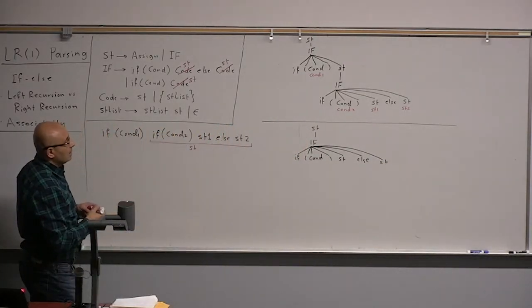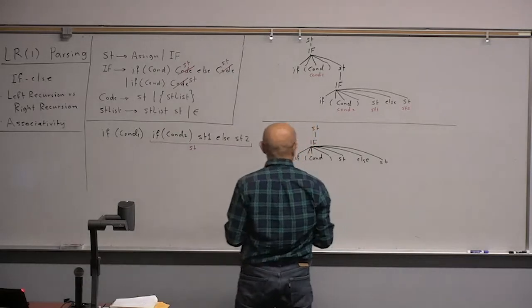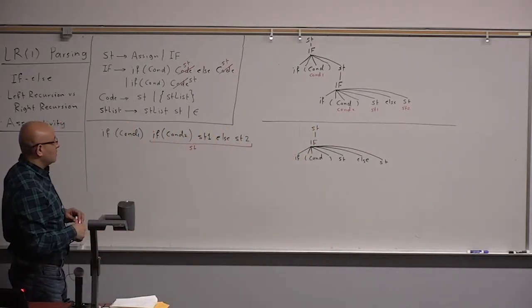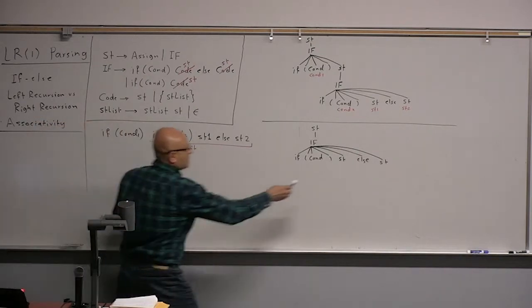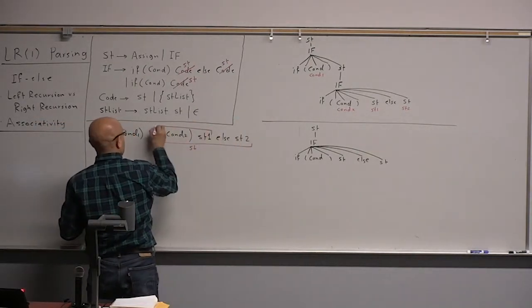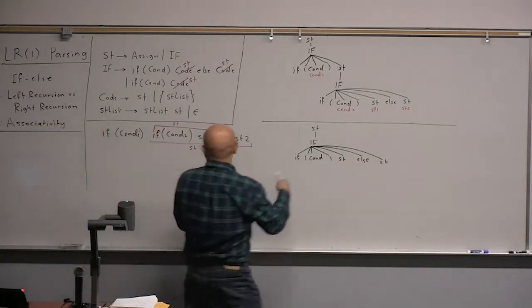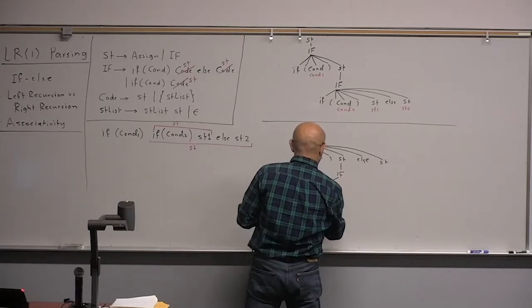Okay? And how do we complete this derivation? The statement in the if gets another if? Yeah, so this statement here is this. This is a statement now. So this if condition statement, this statement is an if, and this if is if